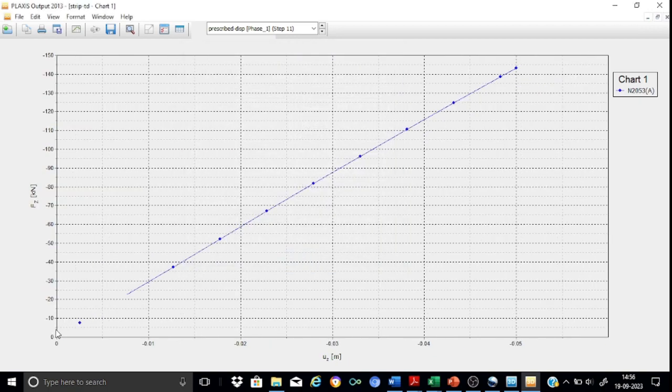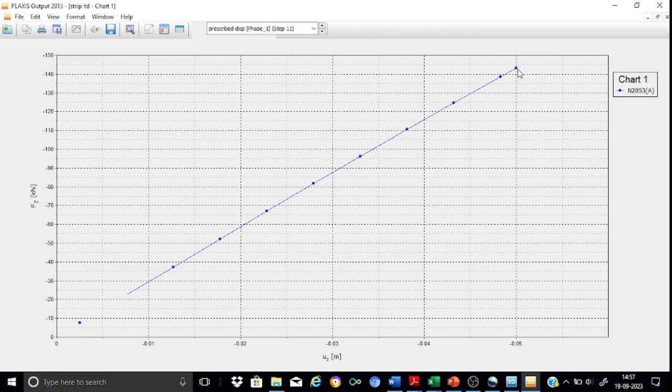So as you can see, the curve passes through the origin, and as the displacement is very small, 50 mm, it's almost a linear P-delta curve. And please remember, along the x-axis we have the displacement, and along the y-axis the applied Fz load. This means that corresponding to a prescribed displacement of 50 mm, the corresponding load is